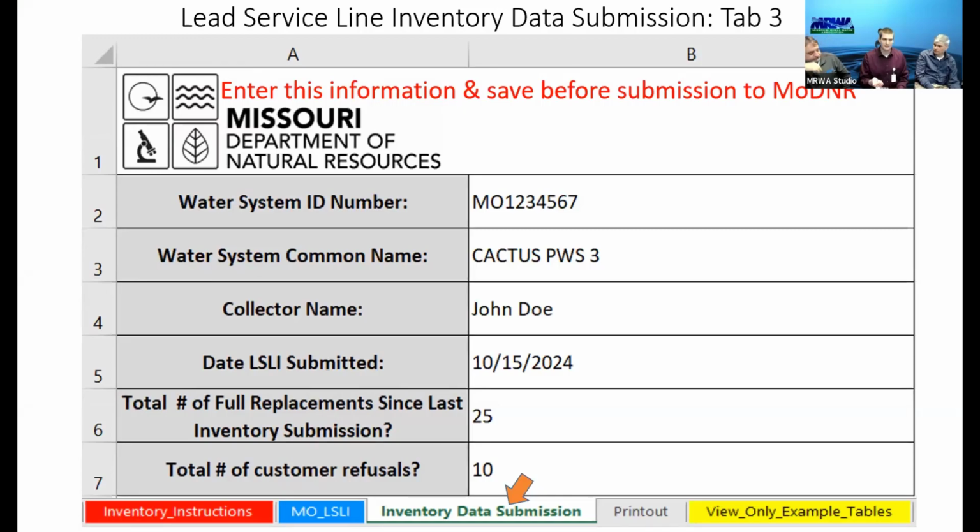Now, I did have a question on this at one of the classes, the collector's name. Is it the person that's putting the information in or the chief operator that is over the system? I would say that the person that's actually doing the submitting, that created the spreadsheet and typed it in, would be the one that would need to do that. Okay. Because that did come up a couple times.